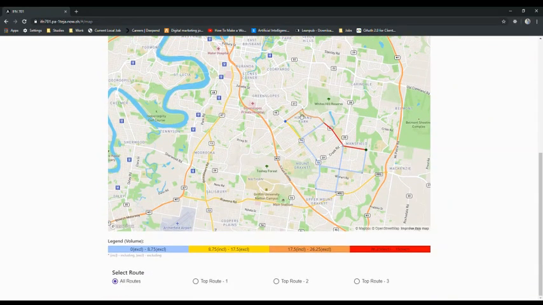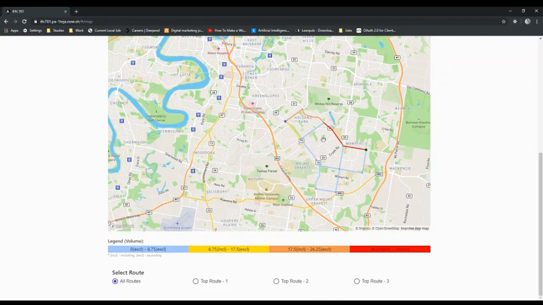And there's a lot of color coding that goes over here. So the basic color coding that goes here is red for the highest link, or the link with the highest volume, and then orange, the link with 0.5 to 0.75 percentage of the highest volume, yellow for 0.25 to 0.5 percentage of the highest volume, and blue for 0 to 0.25 percentage. So here you can see the legend is automatically generated, and it actually provides you with the values that the color coding is considering for